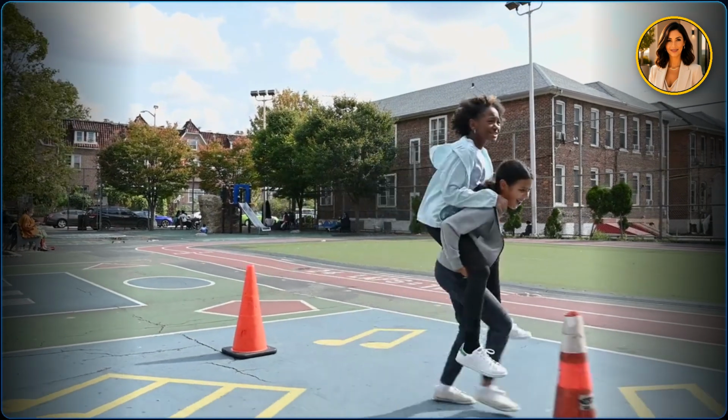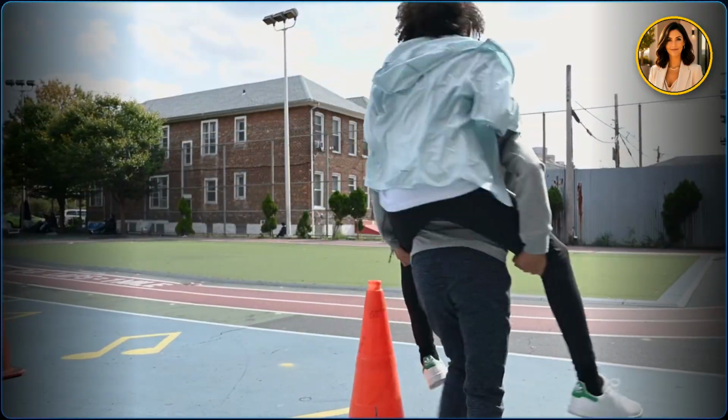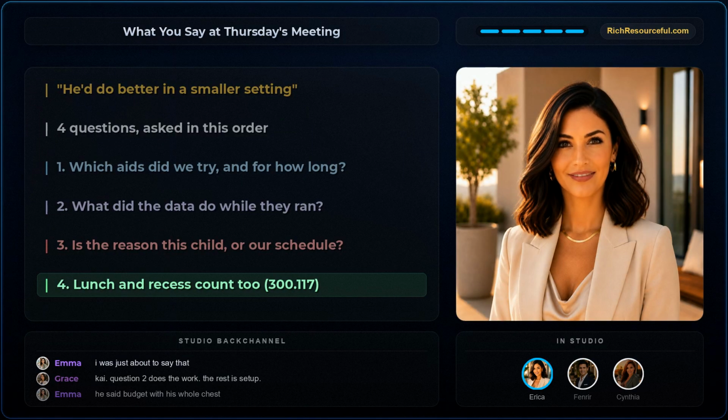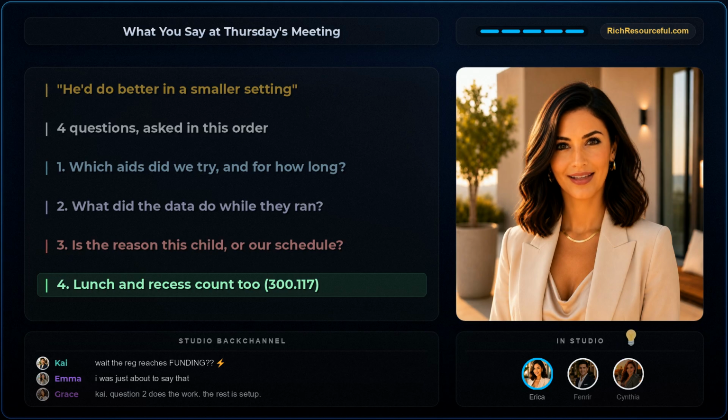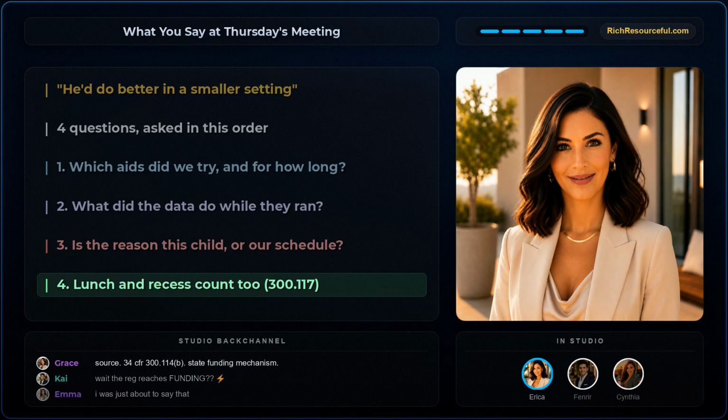4. And it's the one that gets skipped. What happens to lunch, to recess, to the assembly? 300.117 is its own short section. Each child with a disability participates with non-disabled children in the non-academic and extracurricular activities to the maximum extent appropriate to the needs of that child, and the agency supplies the aids his IEP team says he needs to be there. Recess has a regulation. My black coffee doesn't, and it's still cold. Meals and recess are named in the text, not implied, named.